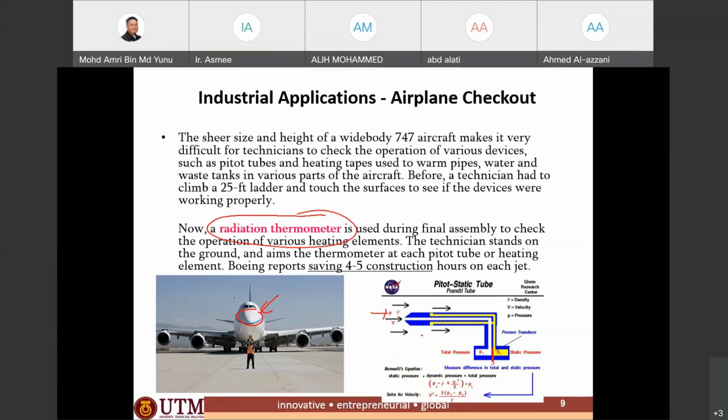The thing is that when the airplane is flying high, 1,000 above the ground, the temperature is so cold. So what happens is there will be ice formation on the front of the tube. When there is ice formation on the front of the tube, it will block the flow, and then the aircraft,